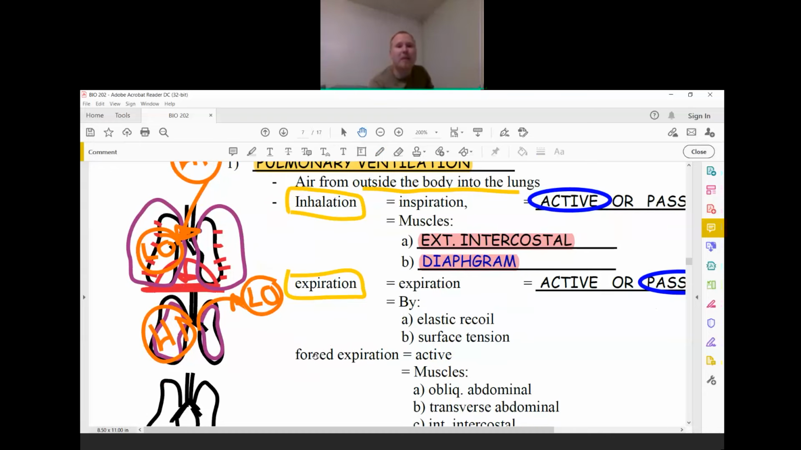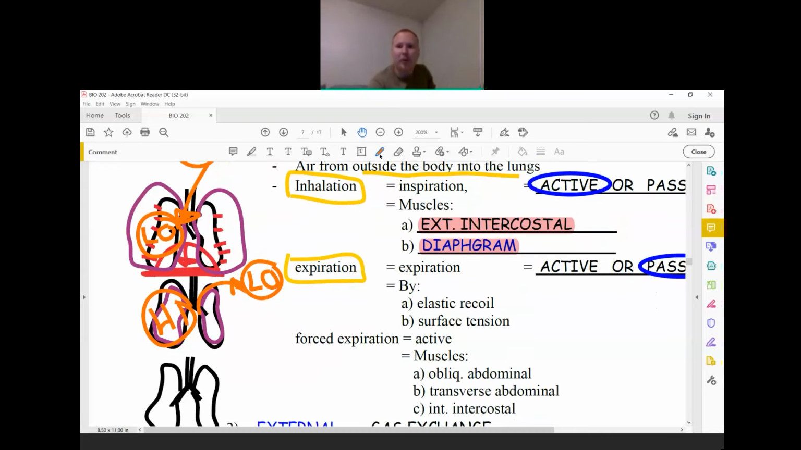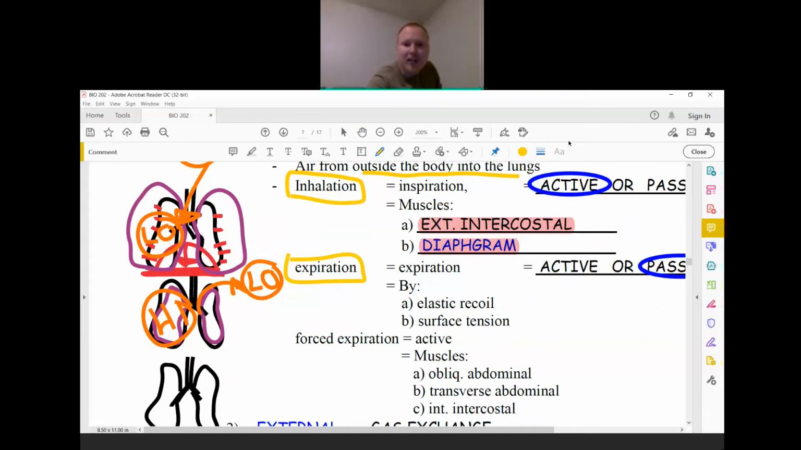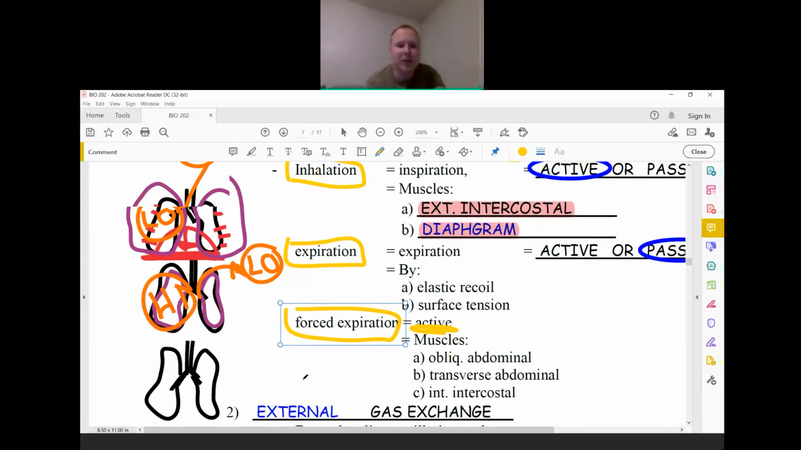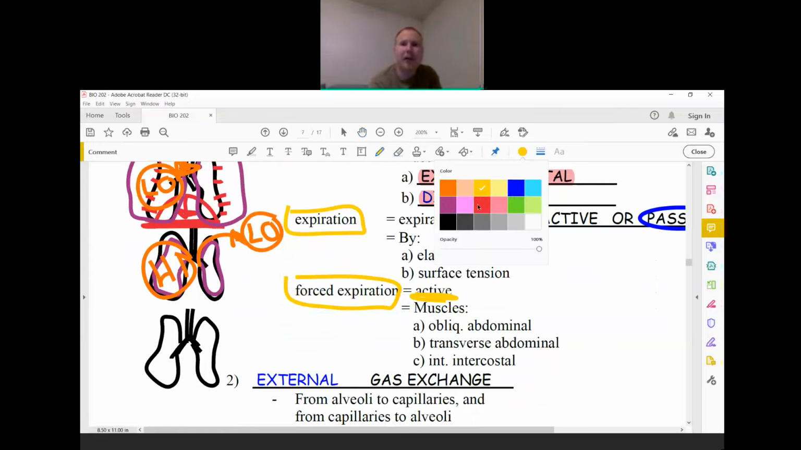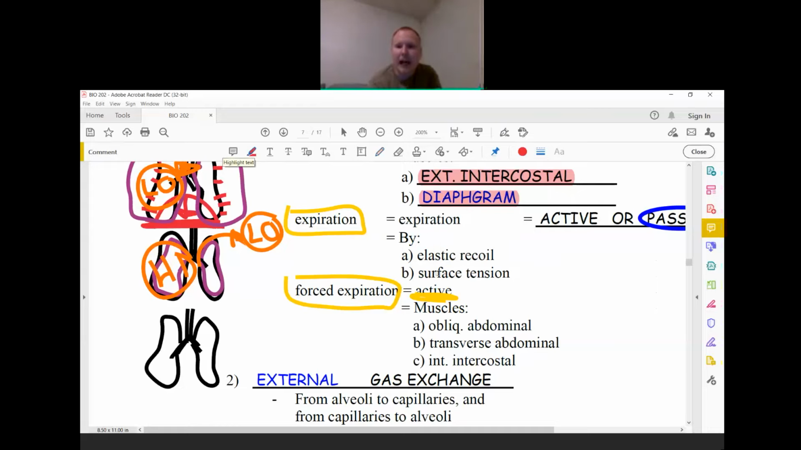Of course, we can sometimes go beyond what would be the normal breathing out, the expiration. That's called forced expiration. In this one, this is active, and we actually recruit some muscles to assist us with this process. So the muscles that we're going to recruit here are our oblique abdominal muscles, transverse abdominal muscles, and internal intercostal muscles. What these muscles allow us to do, so let's add those here,